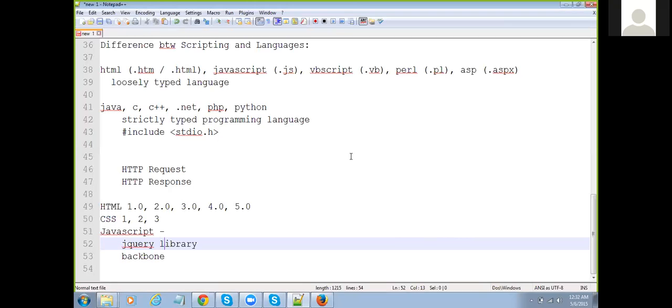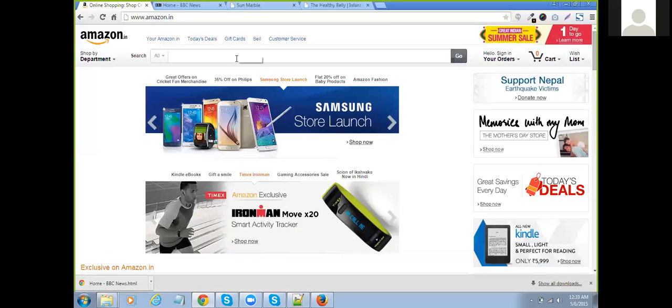When it comes to XML, it does not talk about content formats. It only talks about your content and the structure of the content. Also HTML has predefined markup. You cannot use your own customized markups over there. But XML is not predefined, it's a custom defined markup. For example, where do we use XML is